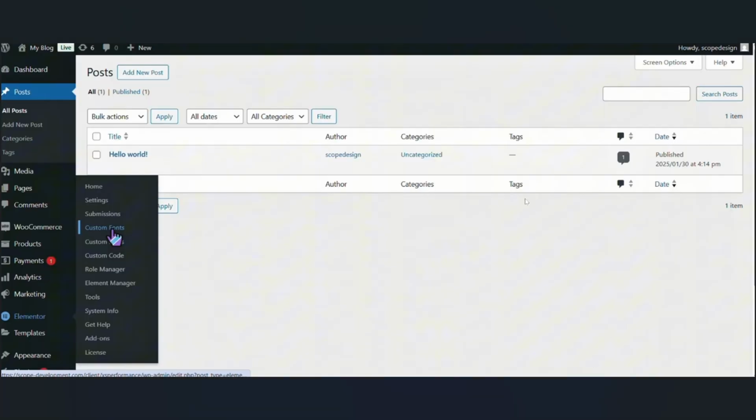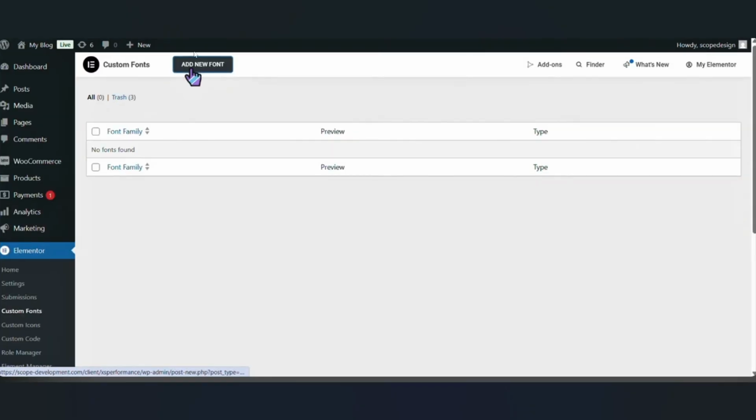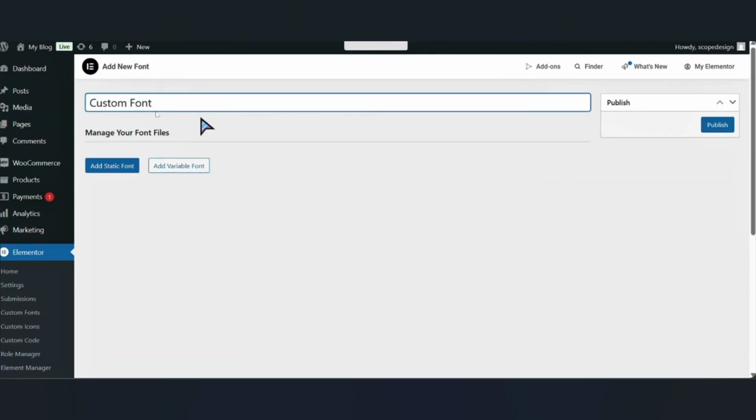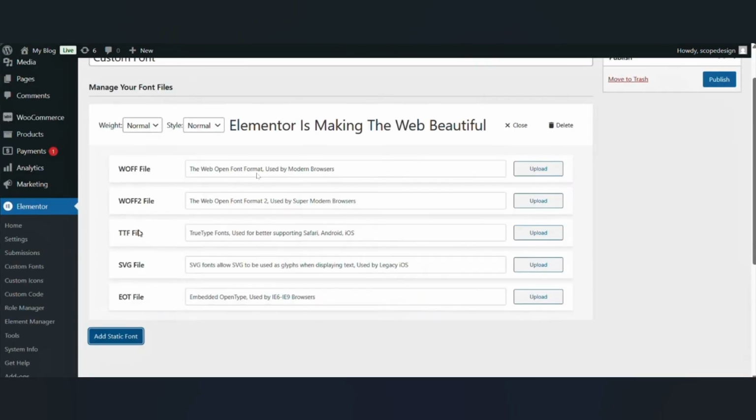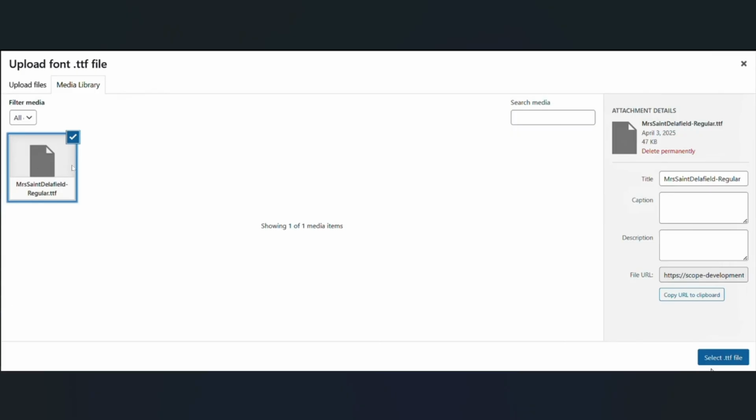Then, log into your WordPress dashboard and go to Elementor, Custom Fonts. Click Add New, give your font a name, and select Add Static Font. You can upload your TTF file here, but to make sure your font works across all browsers, you'll also need